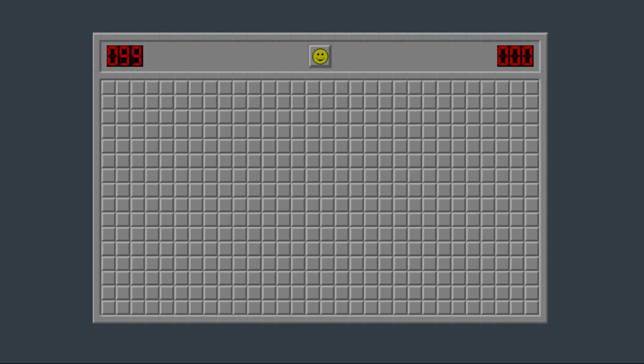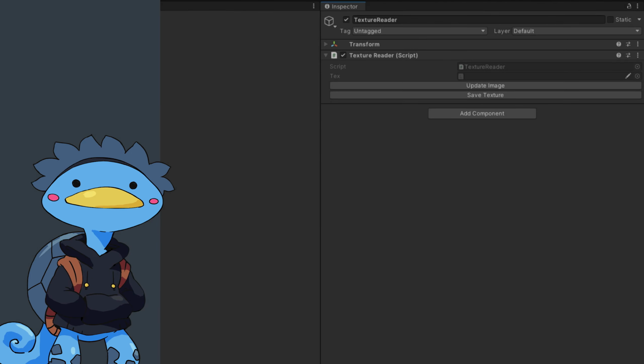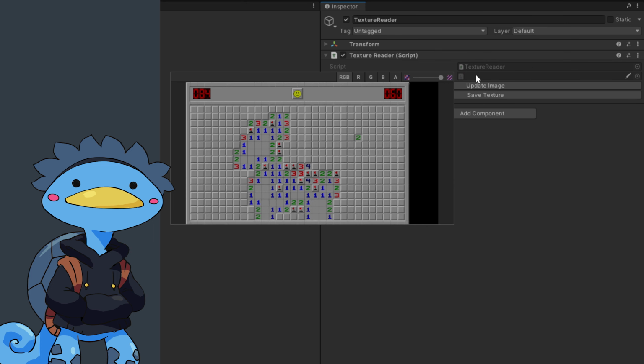So I have a proper game of Minesweeper running here, and I have no access to the game code. I just have my mouse and what's displayed on screen, that's it. So it's time for some good old computer vision. I set up a janky way of streaming the content of my screen into Unity. Unity isn't really necessary, but it's what I'm most familiar with, and it's great for manipulating textures and colors.